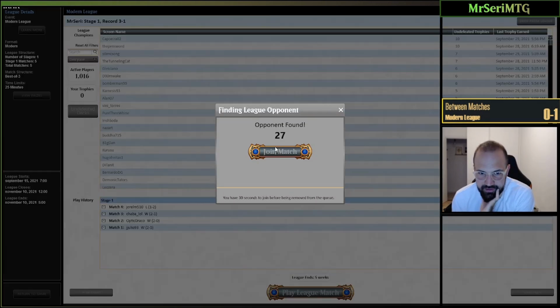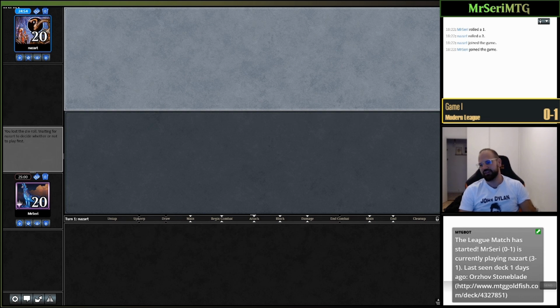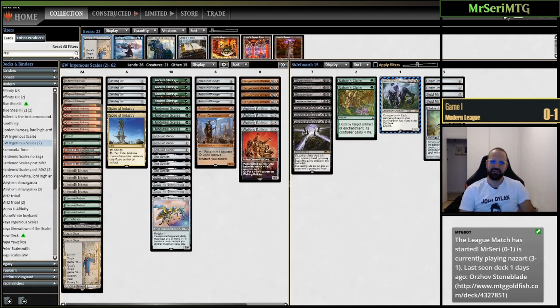Alright, let's see if we can get a second 4-on-1. Man, this is tough. Nazard, oh my god. Sure he's playing this Grief Emerit deck. That's the kind of deck that actually is like...